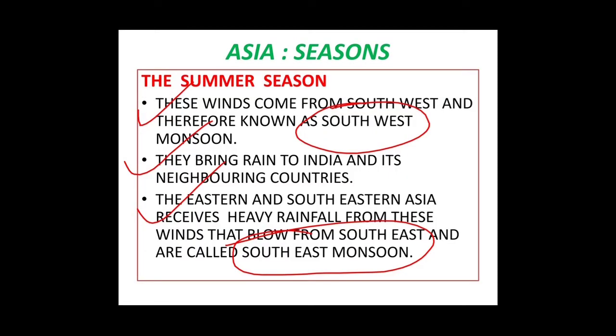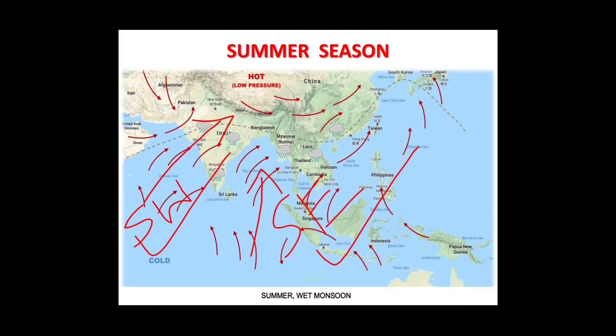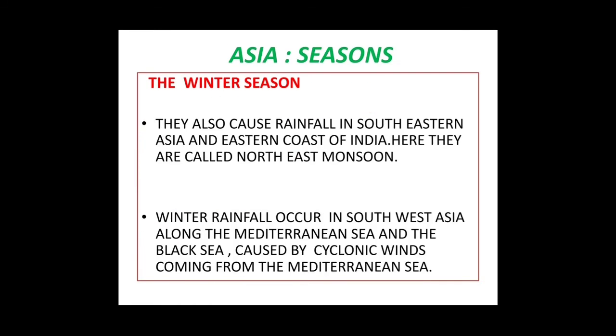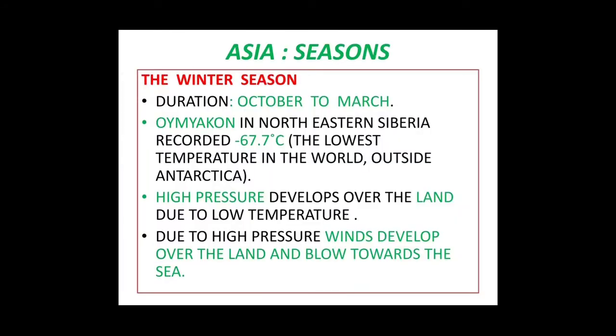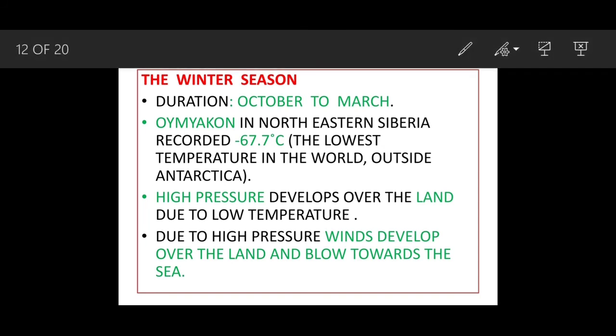So this is about the summer season of Asia. Now let us come to the winter. So now we will start with the winter season. Now children, see duration. Let us take a pen to mark. Duration is from October to March, and Oymyakon in northeastern Siberia recorded minus 67.7 degrees Celsius, the lowest temperature